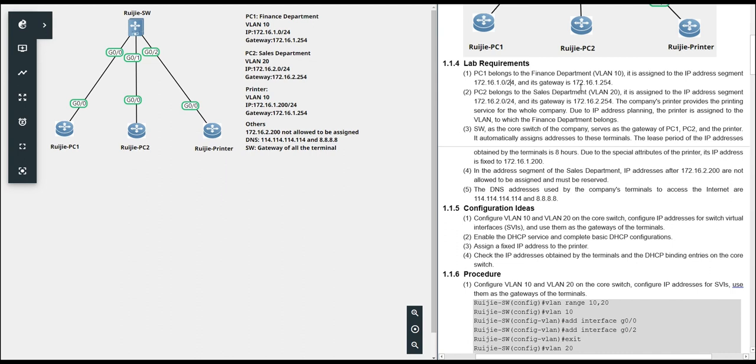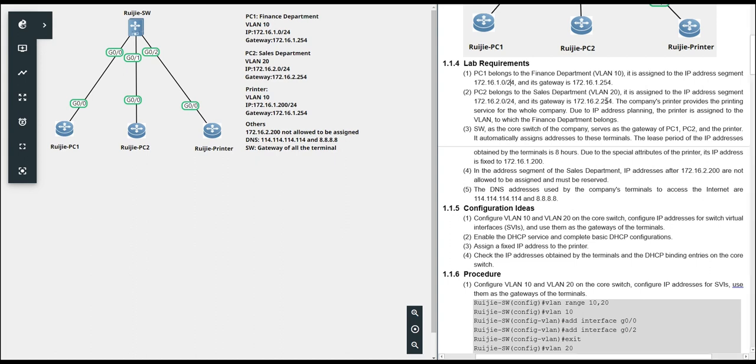Because this practice is a little different from the practice we did before. About the PC1, now we only know which IP segment they belong to, but we don't know which detailed IP address will be used because this is assigned automatically, dynamically, right?